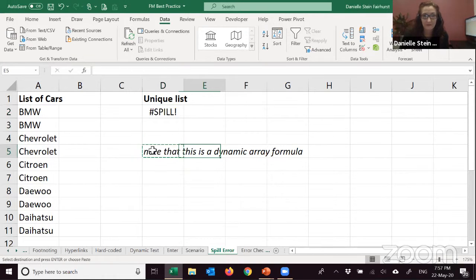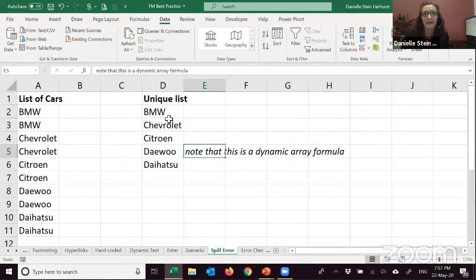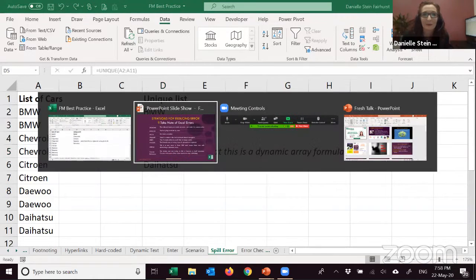So I'm going to just move that out of the way, and you'll see there that that has fixed it. So if you ever see a spill error, it probably means that your Excel is trying to do a dynamic array, and there's something in the way, and it can't work it out. So if you ever see one, that's the problem.